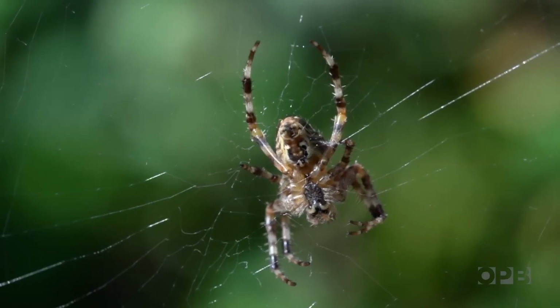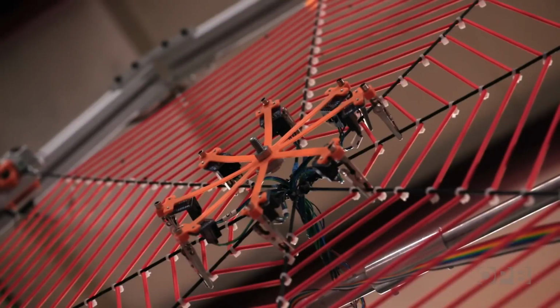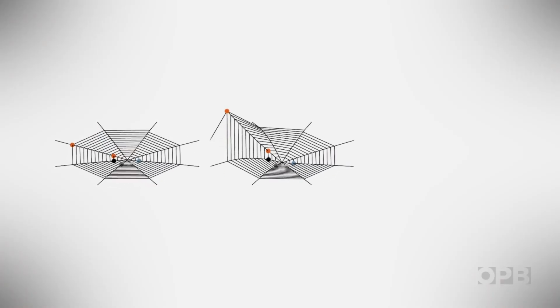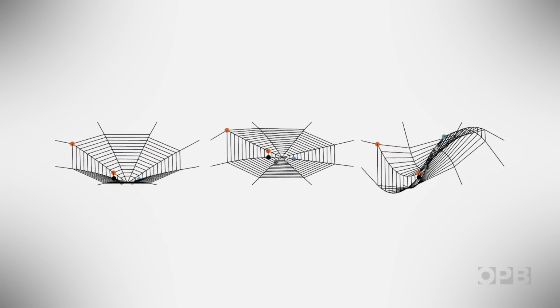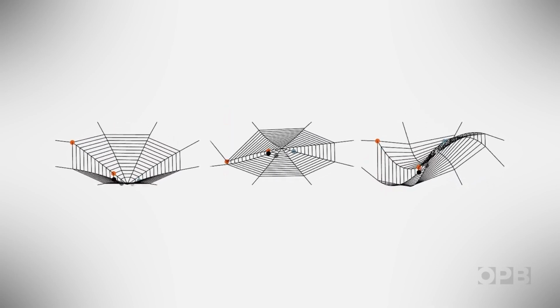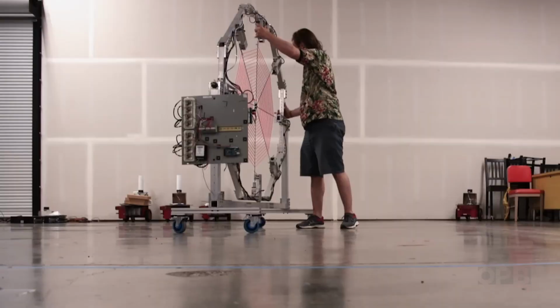I study snakes and spiders and how they move and how we can use those ideas from how they move to make better robots. So how do you get from web-weaving spiders to engineering robots? We started off by building computer models of how vibrations travel through complex networks of strings. And in order to validate those models, we built the spider web.